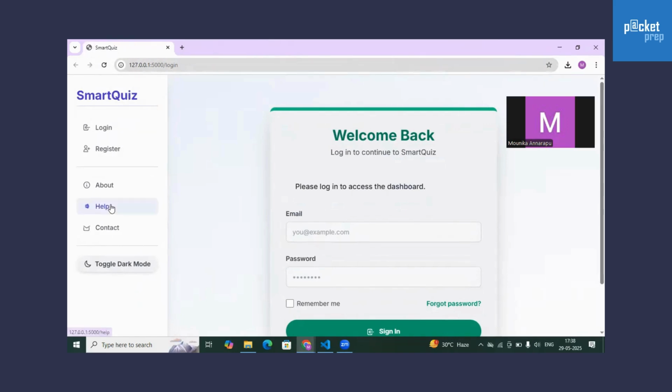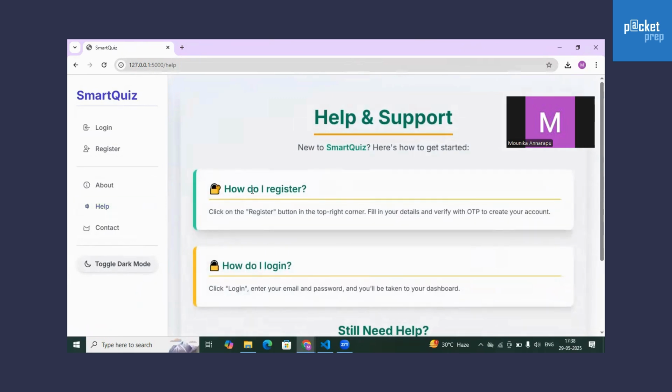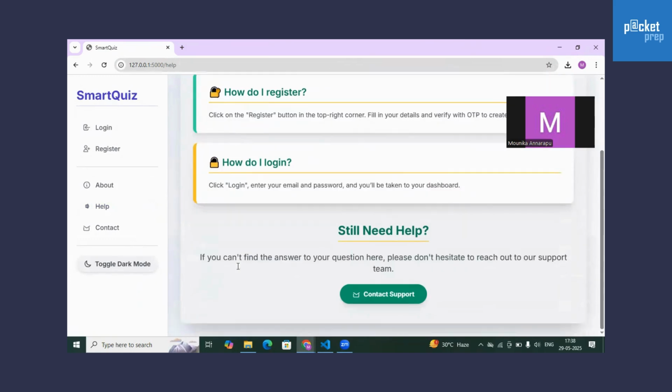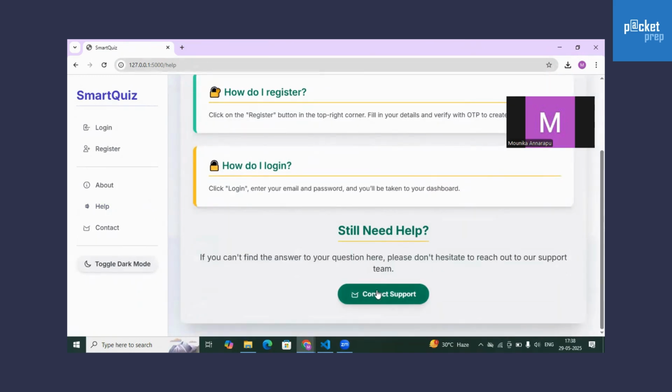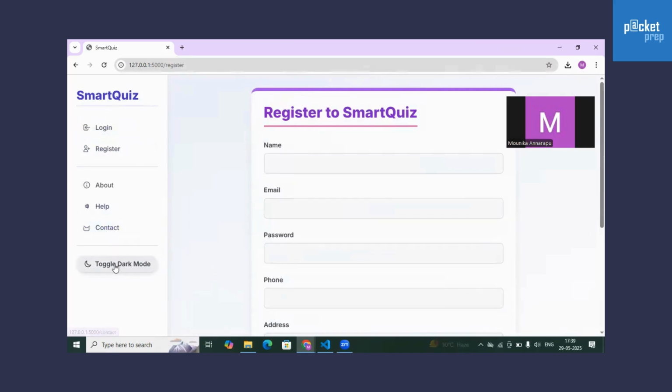In the help, we will go to help. It will give us the information on how to register, and it will show it by clicking the register button. How to log in, we also get. If you want any support, we can click contact support here. Now, this is the toggle button which